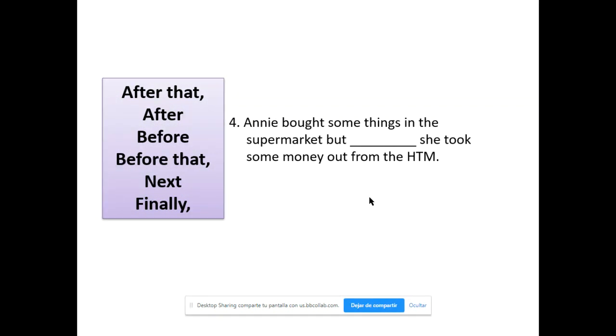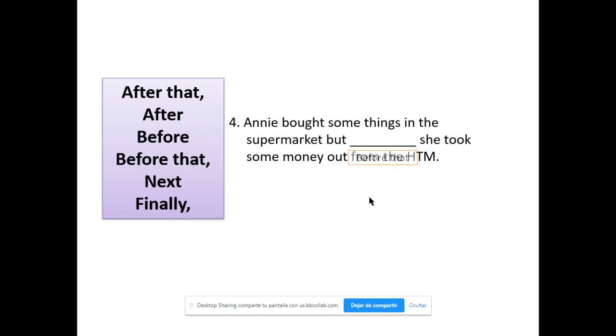Ese es un ATM. So the idea, she took some money out from the ATM, es ella retiró algo de dinero del cajero automático. Annie bought some things, compró algunas cosas in the supermarket,